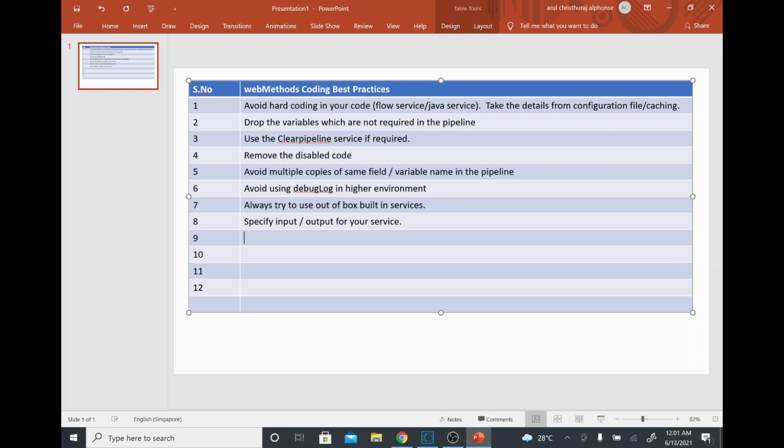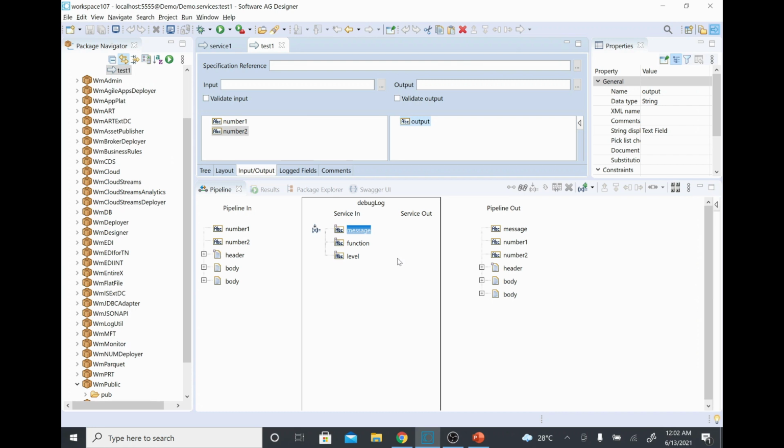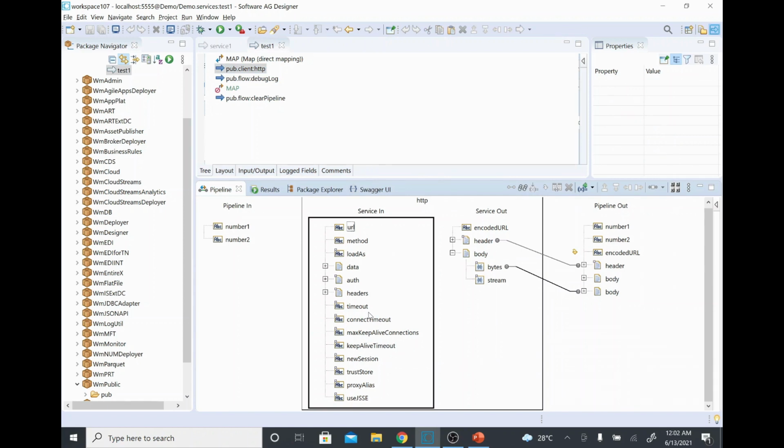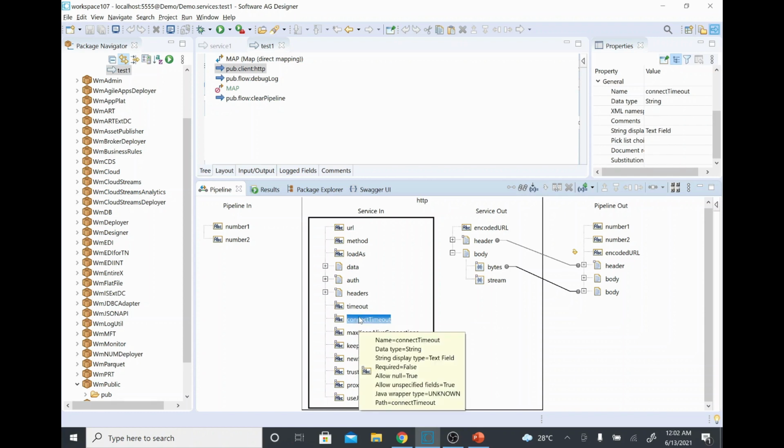Moving on to the next one. So we completed 8 coding best practices. Set timeout values wherever it's required. For example, we just called some HTTP service, which calls HTTP REST services or external services using HTTP or HTTPS. We are invoking some API within our organization, or calling some external URL. Sometimes that service will be down, so you have to set proper read timeout and connect timeout values. For example, if I'm not able to connect within 30 seconds, then I should come out and proceed with the further step.